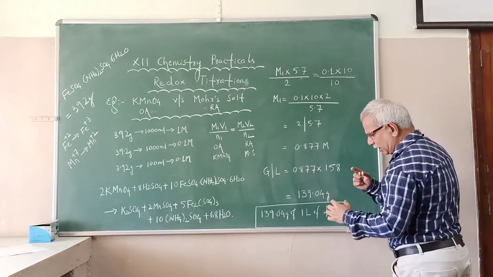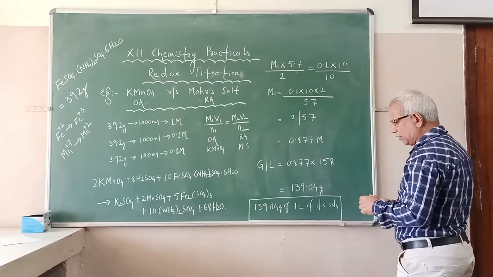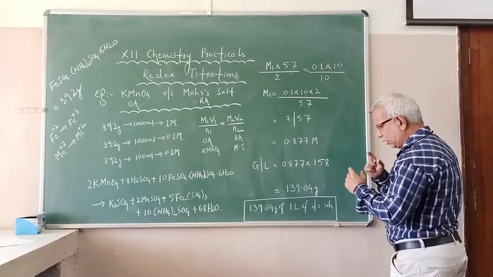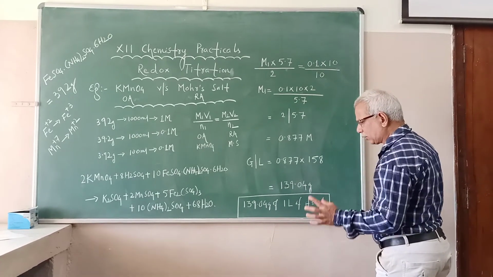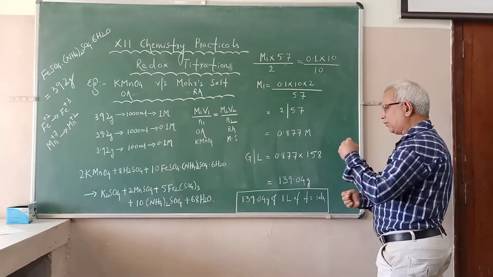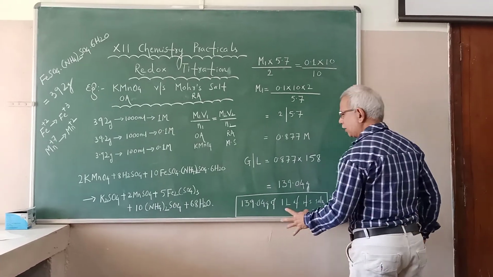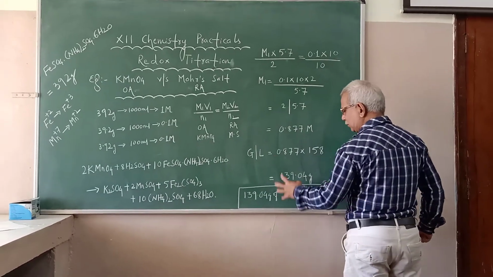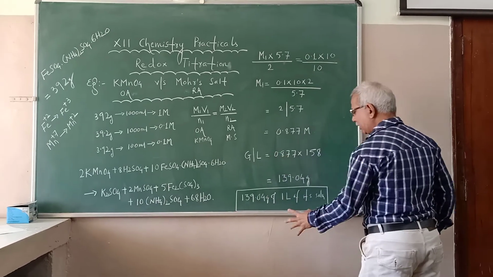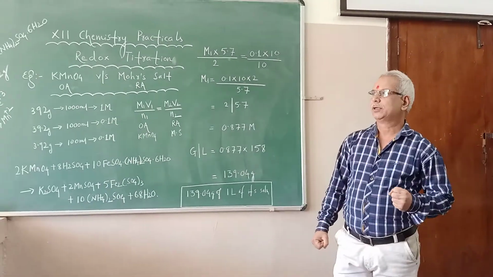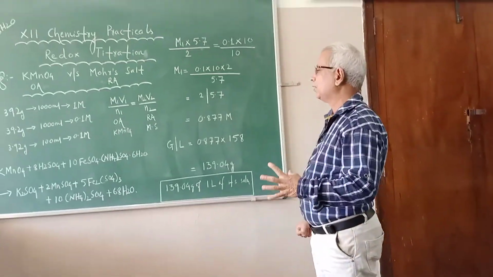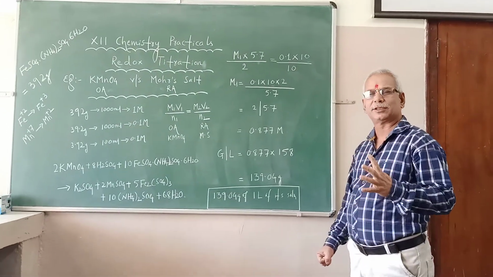For this you want to do the practical correctly. You have to take 10 ml correctly, add the acid, then go for titration. Skillfully you have to add drops, and not a single drop should be wasted. Washing also should be correct. If you take all the practical precautions correctly, you will get 139.04, because practical is a correct reading. In this way you calculate how many grams you have dissolved by the knowledge of titration or volumetric analysis.